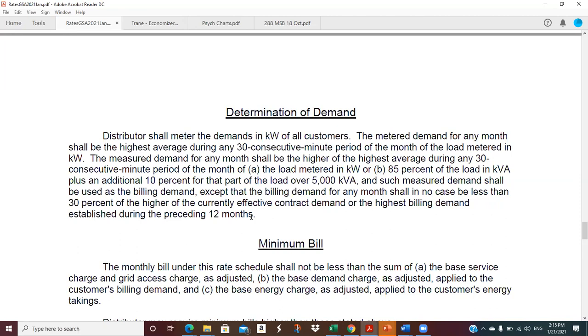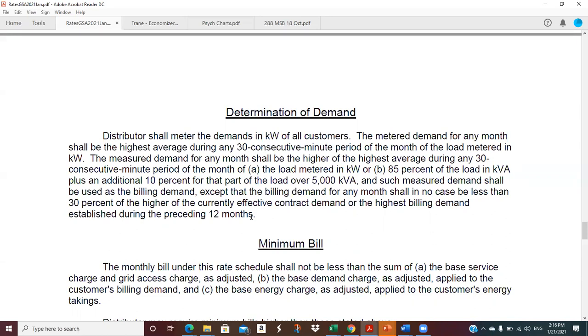The measured demand for any month shall be the higher of the highest average. The measured demand, now let's see, this is metered. Okay, so look, the terms are changing. There's metered demand and measured demand. Okay, so the measured demand for any month shall be the higher of the highest average during any consecutive 30-minute period of the month of A, the load metered in kW, so that's the real demand, or 85% of the load in kVA. So see, this rate has an 85%